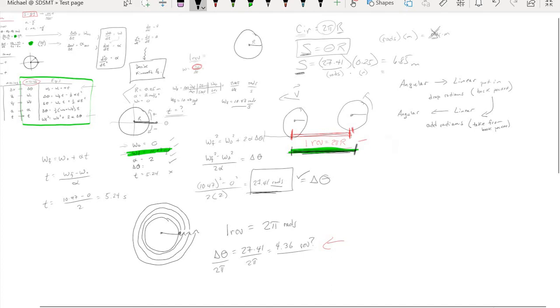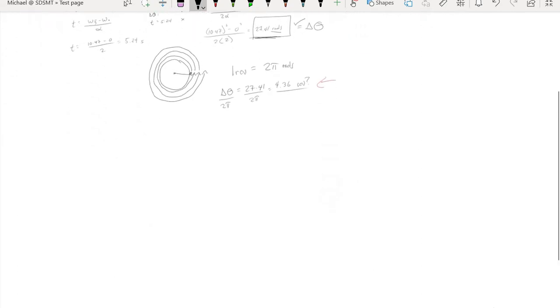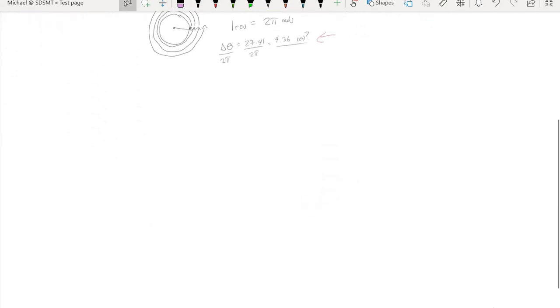And the answer is absolutely. So here's something new, something that we've not seen before. If we can take the arc length expression to provide a physical length using an angular displacement